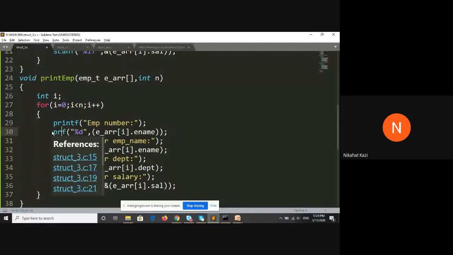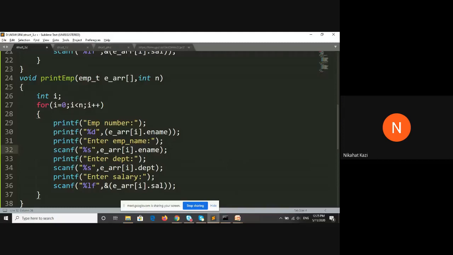Wherever there is a scanf, you will write printf. We'll remove this, and instead of enter, I'll remove all enters and replace with a new line everywhere.